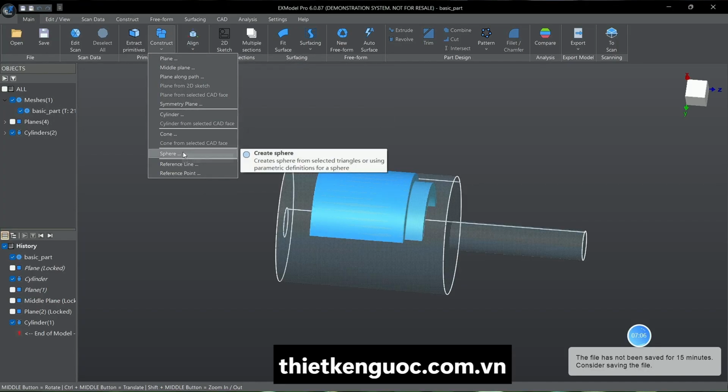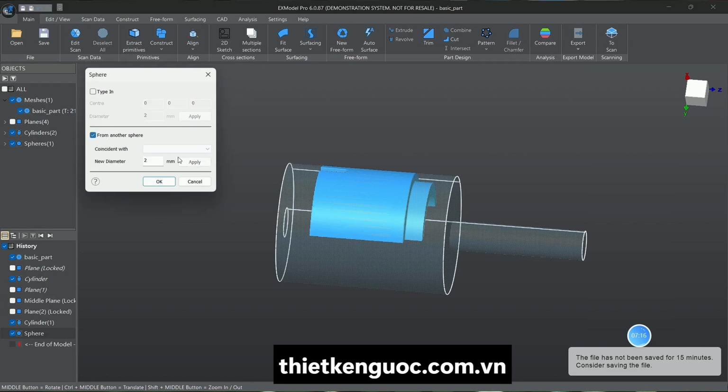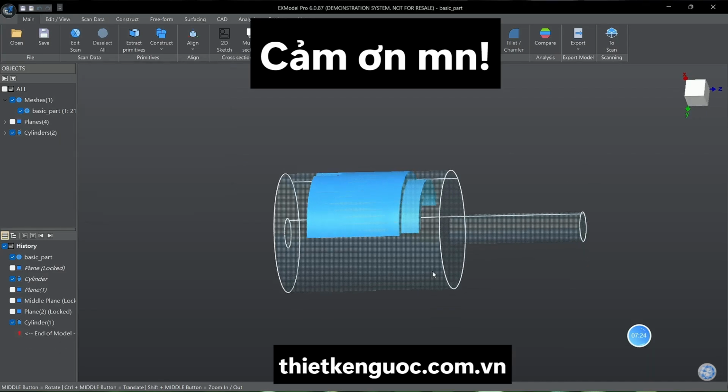It's very simple. You can just type in where the center of the sphere is, or you can make it coincident with another sphere. There are not many cases where you need to do this, but it's quite useful if you have all this functionality. I hope this tutorial was useful and you can start practicing and creating your planes and